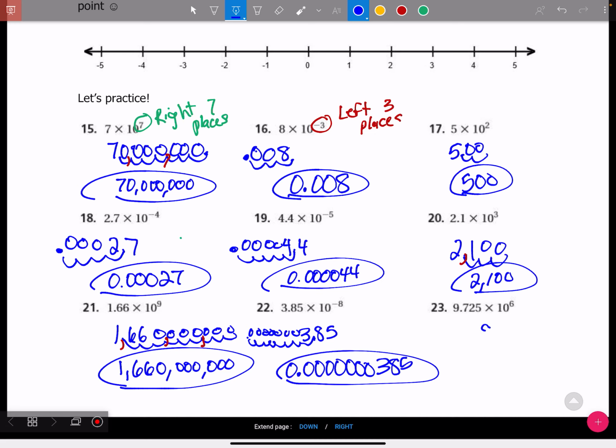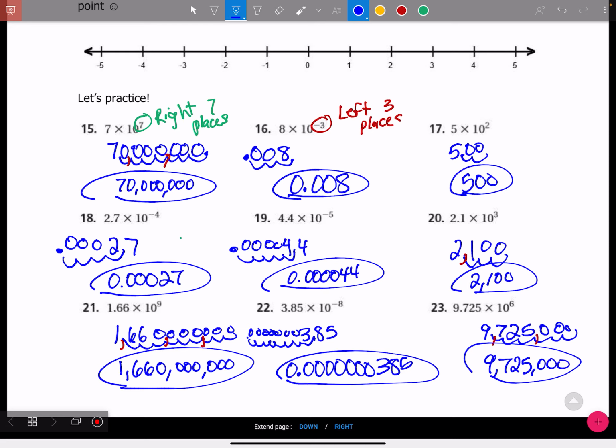Last one here, 9.725. We're going to move our decimal right 6 places. 1, 2, 3, 4, 5, 6. Fill in zeros in those empty spaces, add in our commas, and there we see our number written in standard form. All right, so again, the exponent will tell you how many places to move your decimal, and the sign